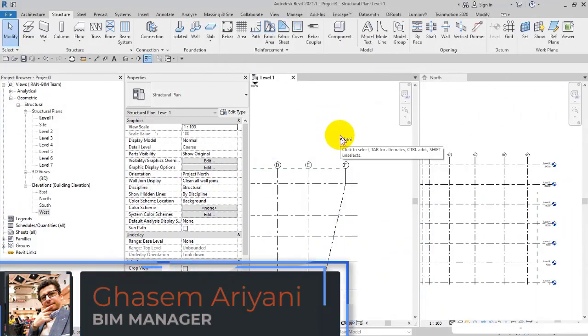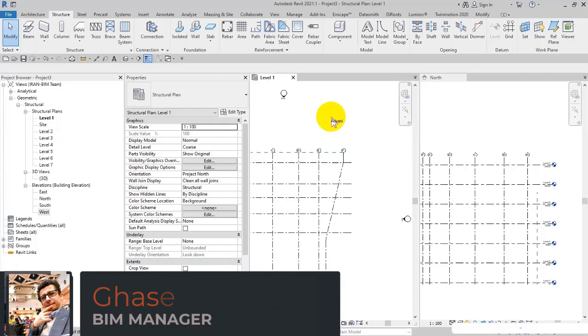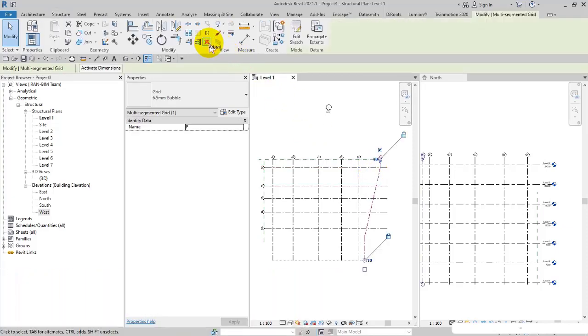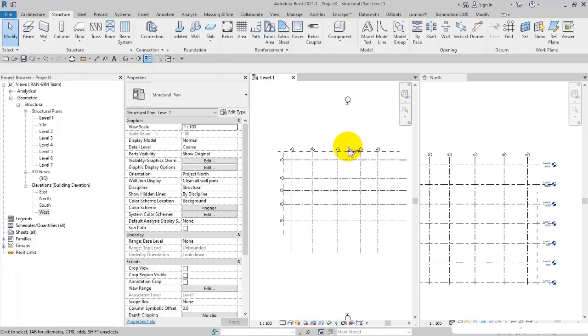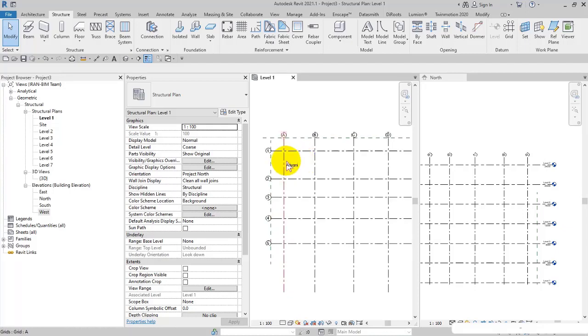And in this session we're going to talk about some settings which are related to the appearance of the grids. First of all, let me delete this to clean them up in this way. Anyway, the first